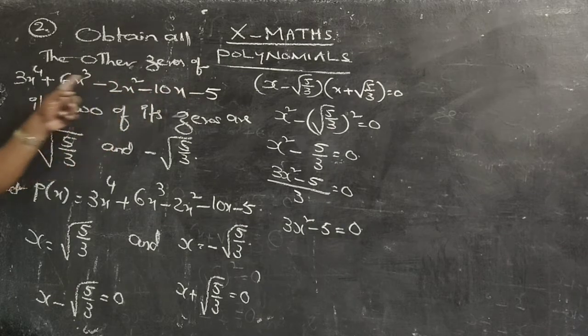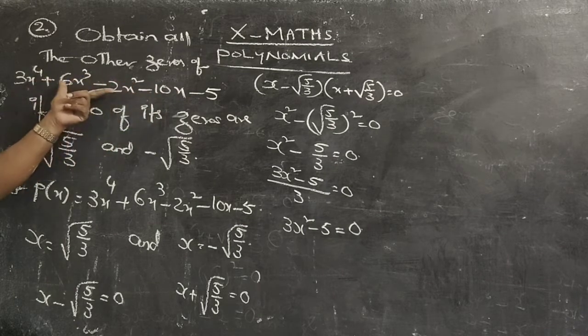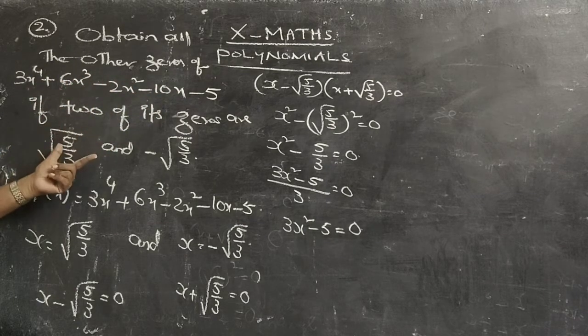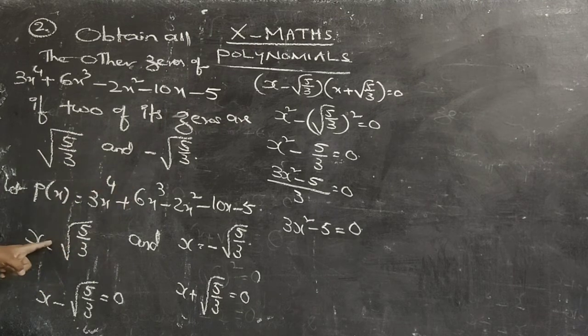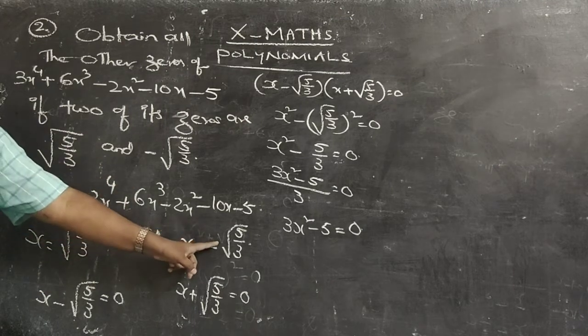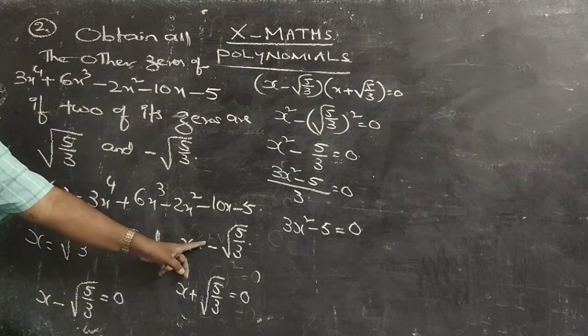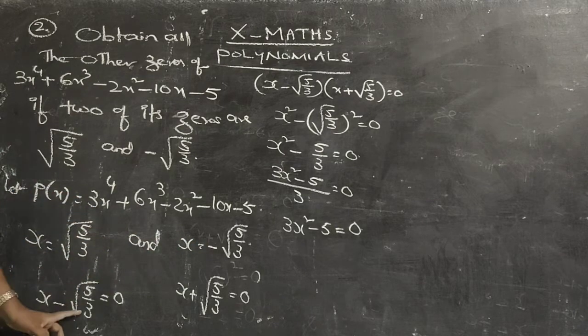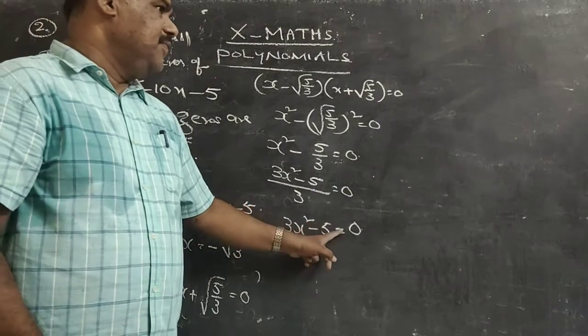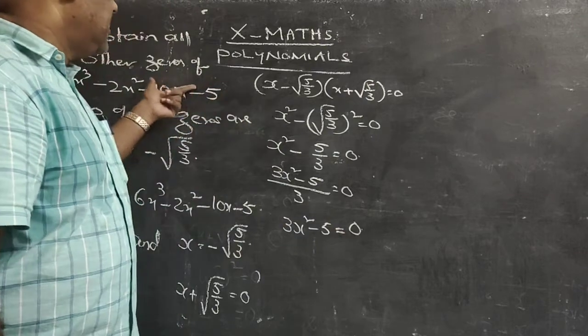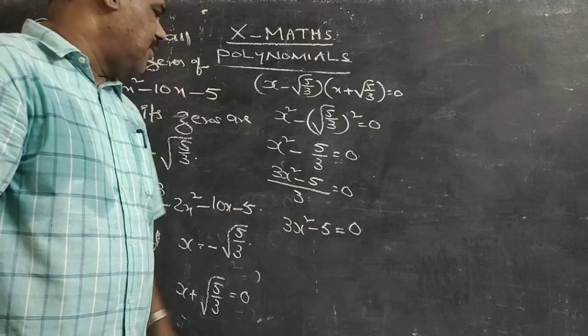Here one polynomial is given. For that polynomial x is having 4 values. We call them as zeros of the polynomial. So those 2 values we will take. So given values, using these 2 values we will get a polynomial. Now divide the given polynomial with the polynomial obtained here.